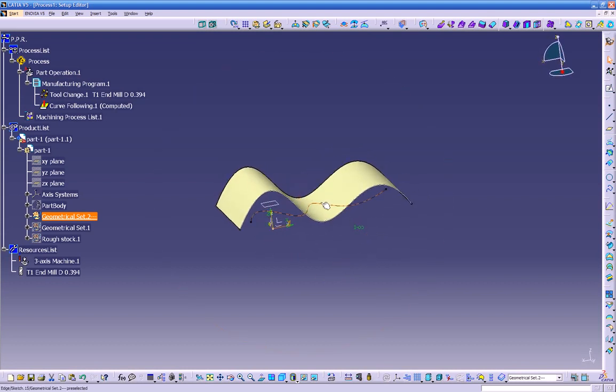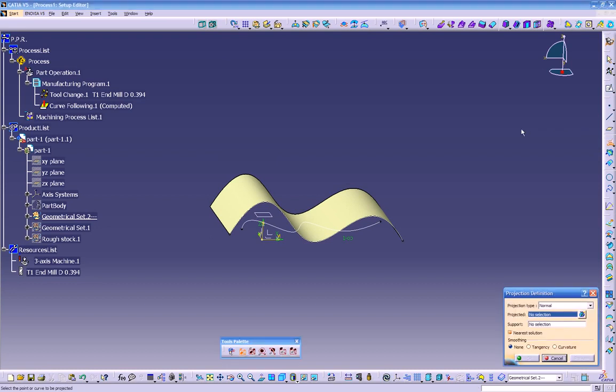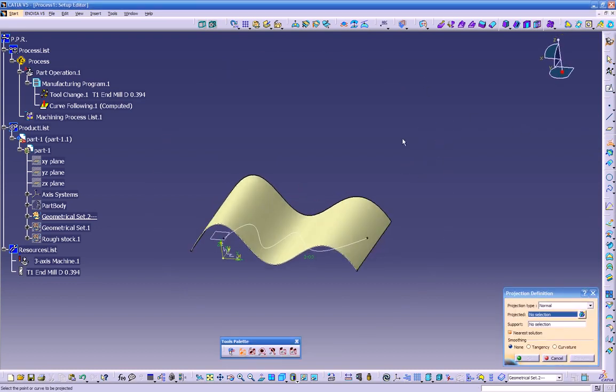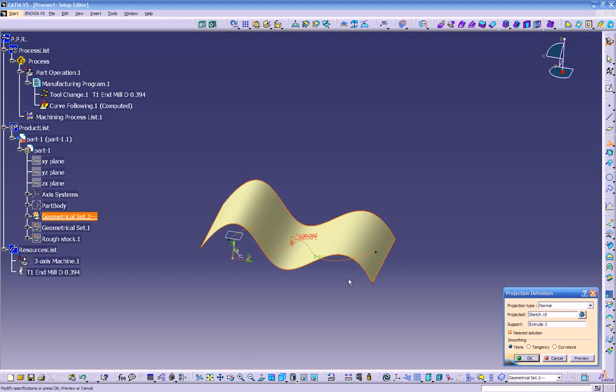And I'm going to take this curve and project it onto the surface. Then we're going to be able to use this curve following option again. So let's click on a projection. It's going to ask us what we want to project. So we say we want to project this curve onto the surface. Now if you click preview,